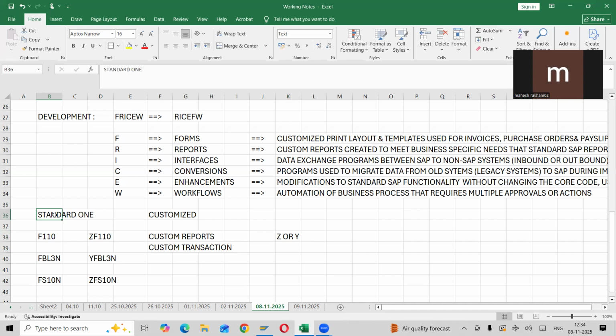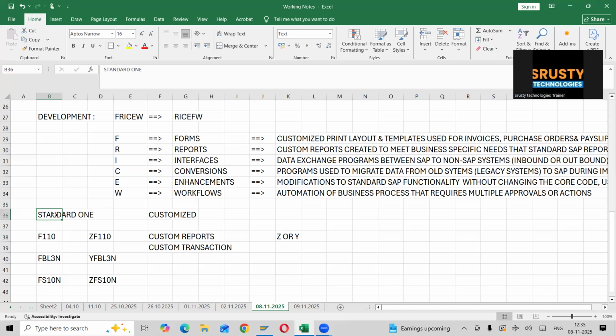F110 is there. Additionally, they added some. So basically, what are the fields we have in that F110? If customized, they added some more fields, lines or points, whatever it may be. So that is the customized one, right? Correct. Basic fields will be the same, normal SAP across the globe. Additionally, they have created or added something, which is the customized one. So they'll add the Z or Y for the